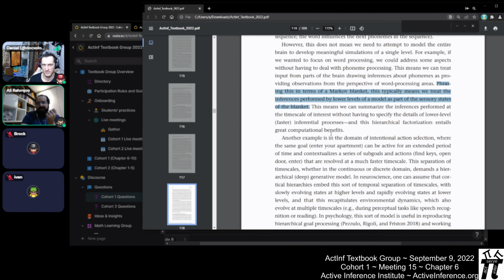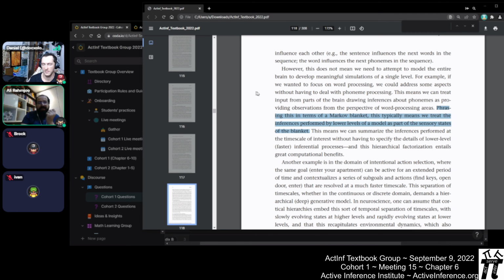But the caveat here is, unlike language, which is, at least in some languages, necessarily hierarchical,